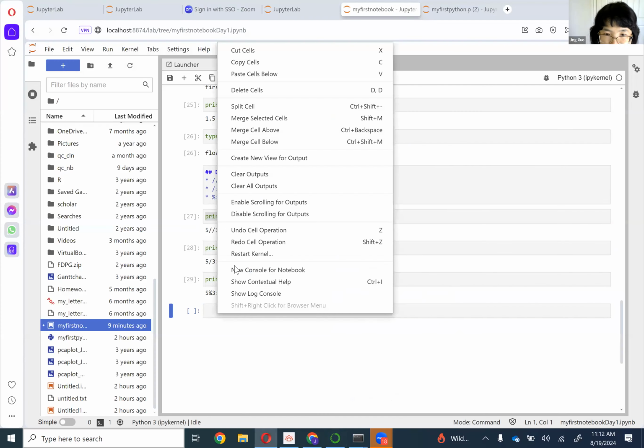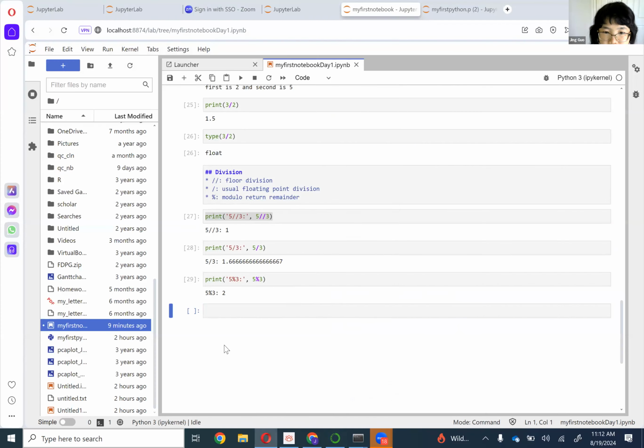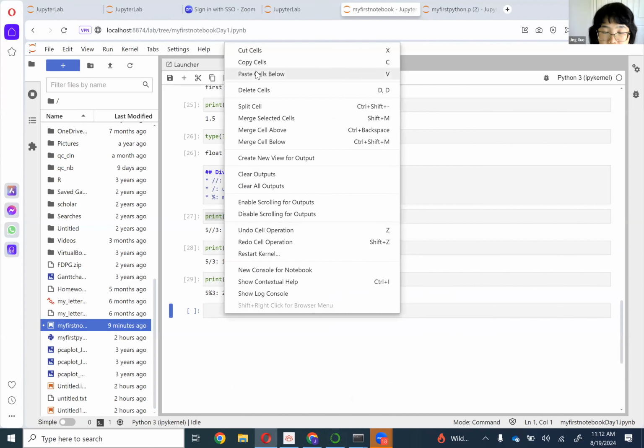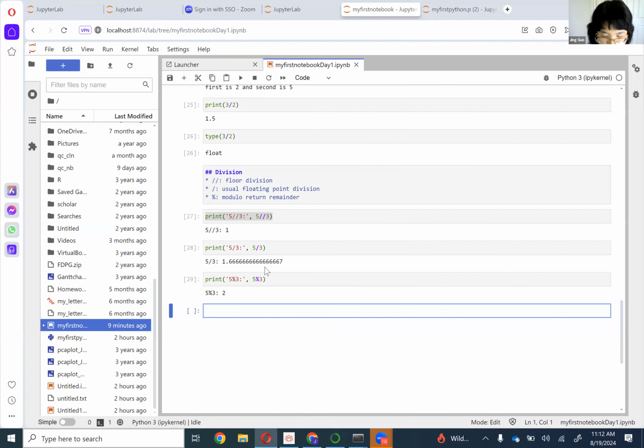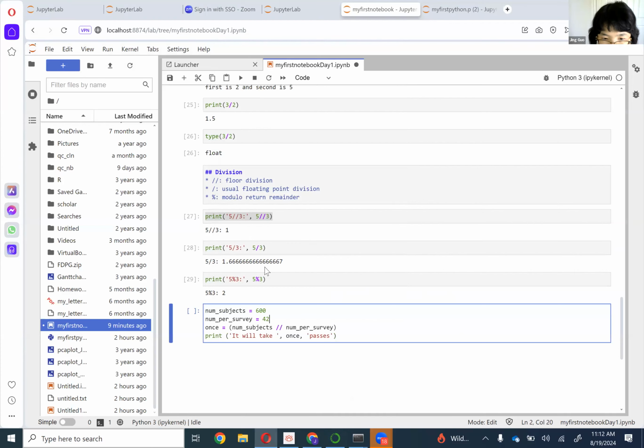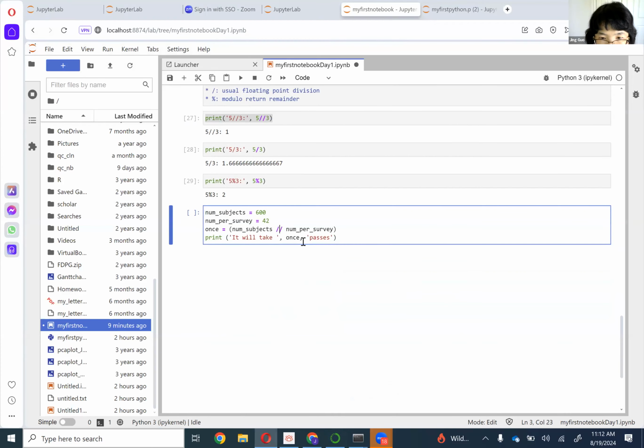There we go. And there is more than one way to get our answer. So in this answer, we can see that